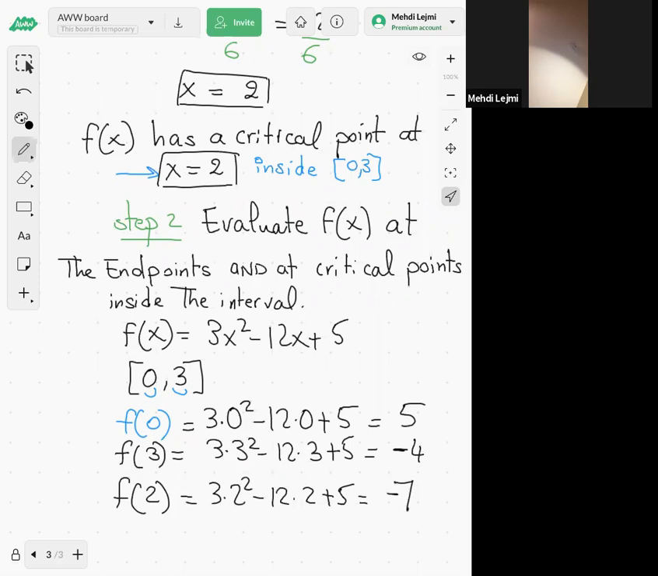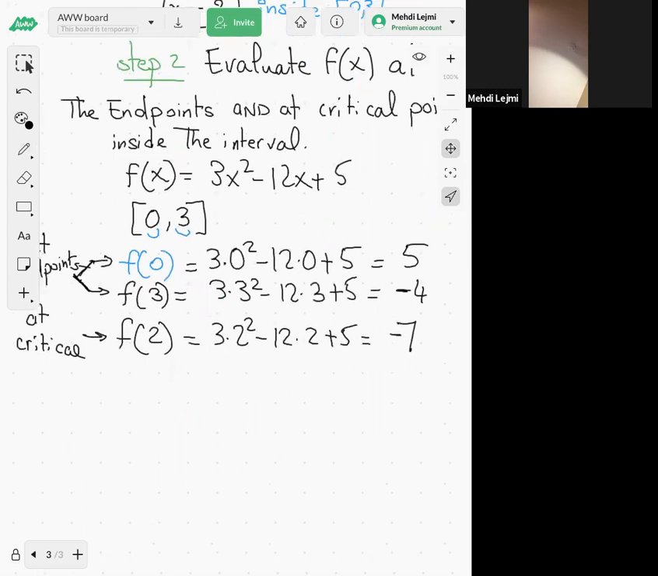All right? So this is the value of my function at the critical point. And here, that's at the endpoints. Anyway, so now in the last step, I'm going to compare and see which one is the largest,